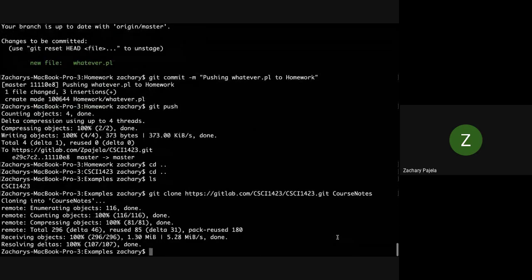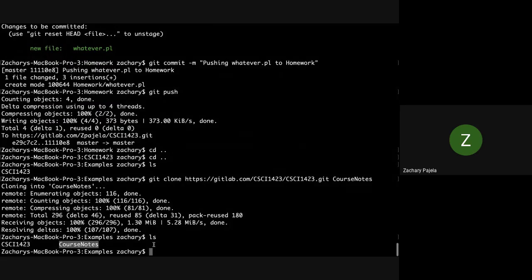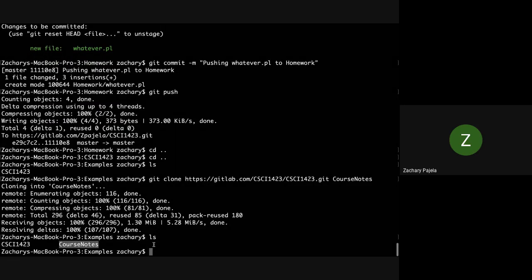And again, it may prompt you for username or password. Whenever it's done, if you type ls, you should see CSCI 1423, which is your repo, and a folder called course notes, which is a clone of my CSCI 1423 repo. So as you saw there in that previous line, when you type git space clone and the URL, and then you give it the name of a new folder, it won't name that new folder the same as whatever it was up on origin. It will copy the contents of whatever is up on origin in that repo into that new folder. And of course, you can cd into course notes and see any of the stuff that we've pushed